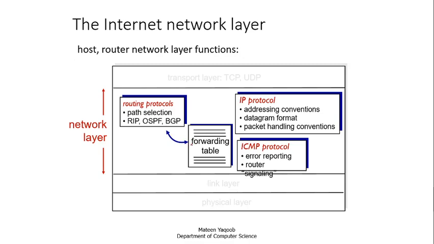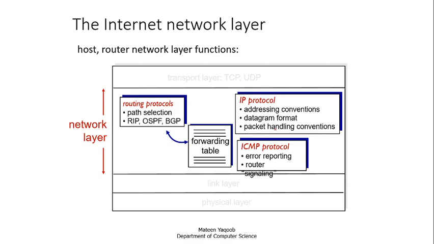Apart from routing and forwarding, the two key functionalities, the network layer performs a very famous type of addressing, which is based on the IP protocol. In this, an addressing convention is determined, and a datagram format and packet handling conventions are laid down. Based on this protocol we will go through today's lecture, discussing the addressing conventions and how the packets are handled.